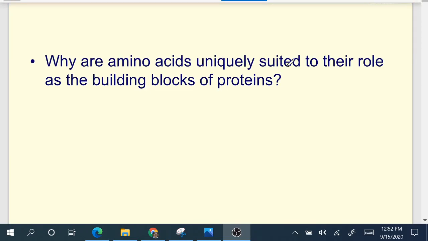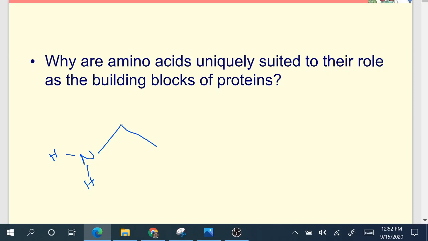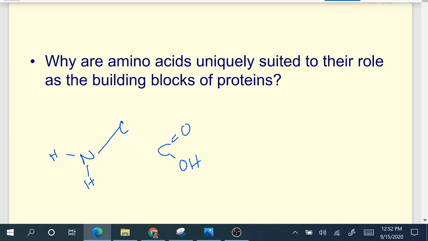So why are amino acids uniquely suited to their role as building blocks of proteins? That's because of their structure. Amino acids have an amine group, which is generally drawn on the left. This is the notation for drawing an amino acid. And a carboxylic acid group is drawn on the right. In the center we have what's called an alpha carbon, which is a chiral, tetrahedral carbon that can exist